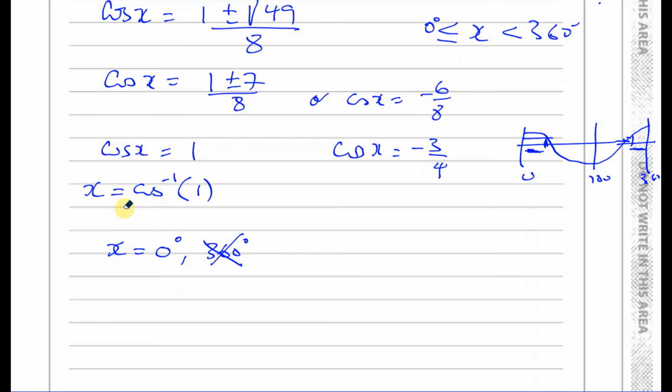So from this particular part of our solution, x is 0. Okay, now for cosine x equals minus 3/4, I'm going to put this into my calculator. The calculator will give me one solution. Okay, so if I put that into my calculator,